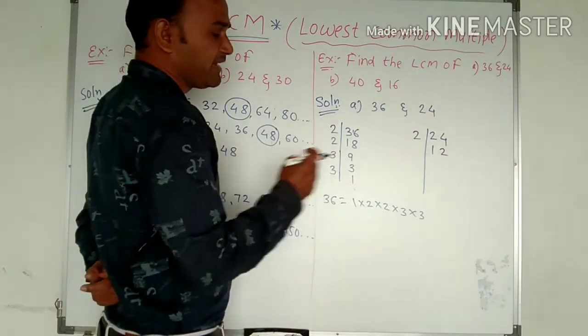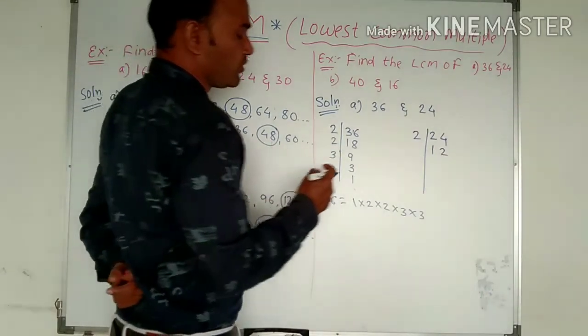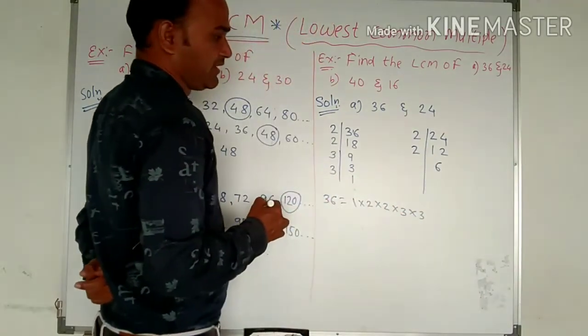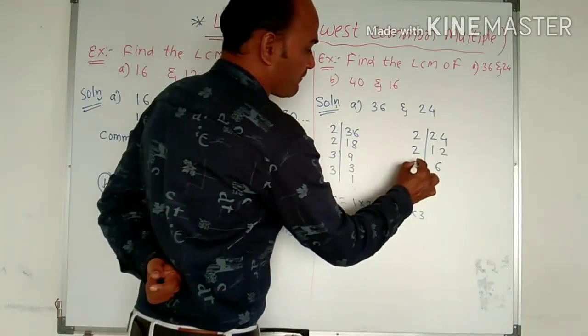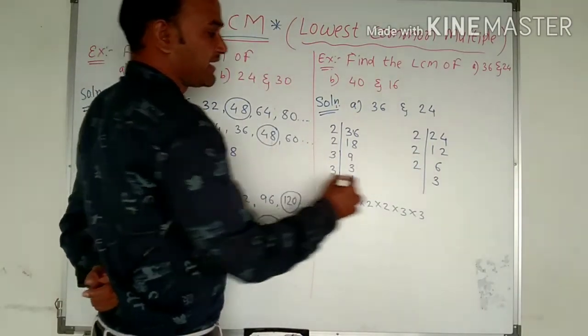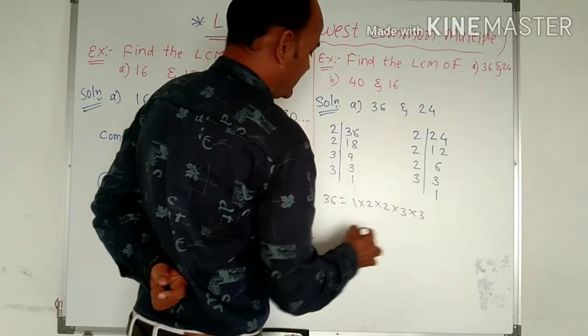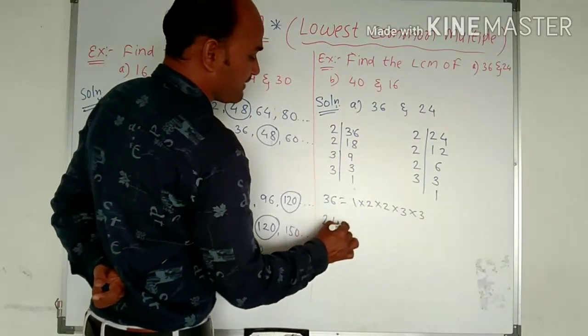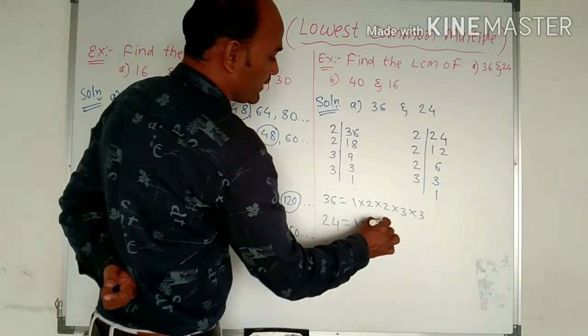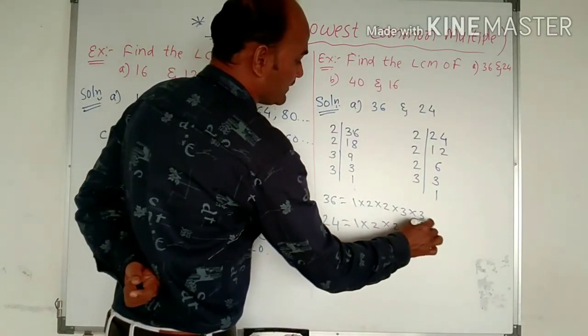And after that again we got here the 12. So we have to divide this 12 by 2 again. 2 6s are 12. Again 6 is in 2's table. We have to divide with 2. We'll get that 2 3s are 6. And the last one, we get 3 1s are 3. The prime factors of 24 are 1 into 2 into 2 into 2 into 3.